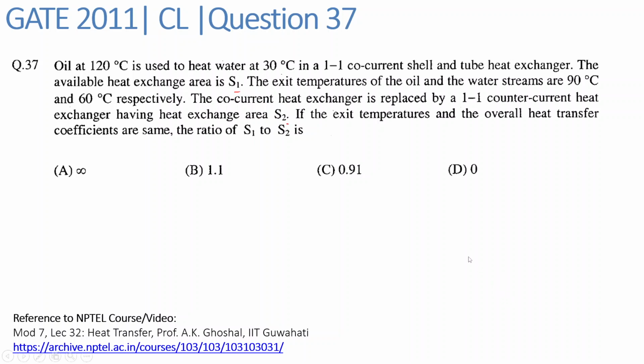So in the next question we have been given that oil at 120 degrees Celsius is used to heat water at 30 degrees Celsius in a 1-1 co-current shell and tube heat exchanger. The available heat exchange area is S1. The exit temperatures of oil and water streams are 90 degrees Celsius and 60 degrees Celsius respectively. The co-current heat exchanger is replaced by a 1-1 countercurrent heat exchanger having the